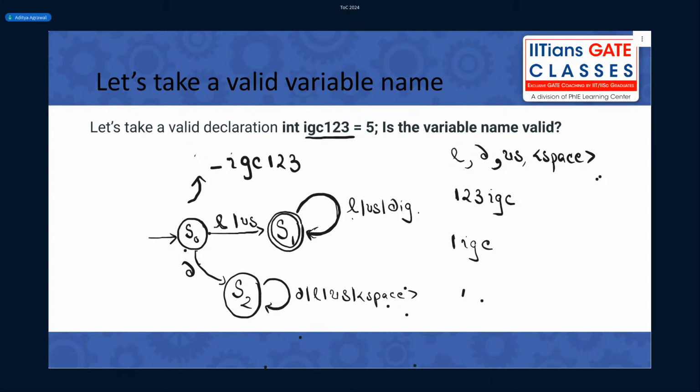Now as I said, from S0, I haven't put any state for space. Where do you think I should go? S1 or S2?